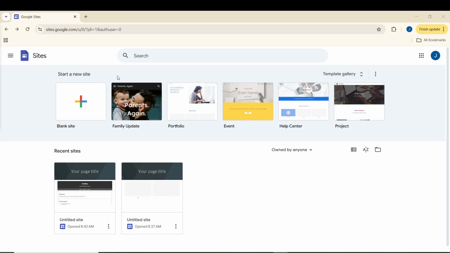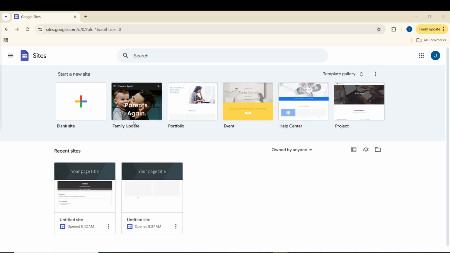In today's video, I am going to teach you how to create a table of contents in Google Sites. Start by opening your Google site in your web browser by going to the Google Sites editor through google.com. Once your site is open, make sure you are on the page where you want the table of contents to appear. This feature is especially helpful for longer pages because it lets visitors jump straight to the section they need